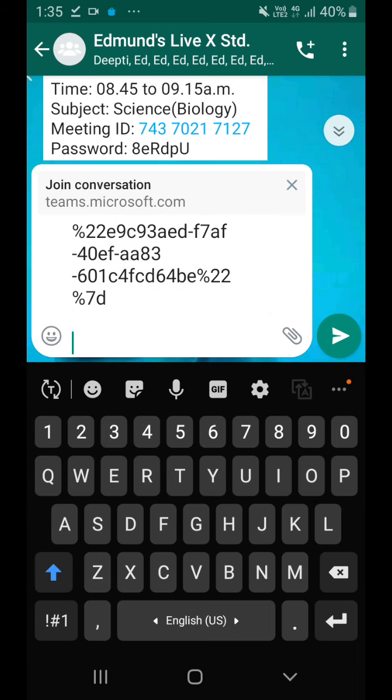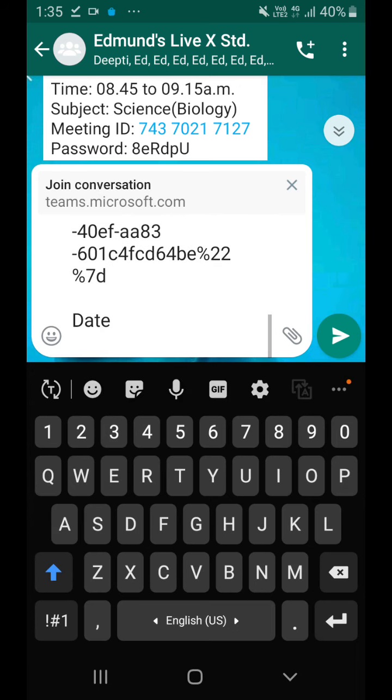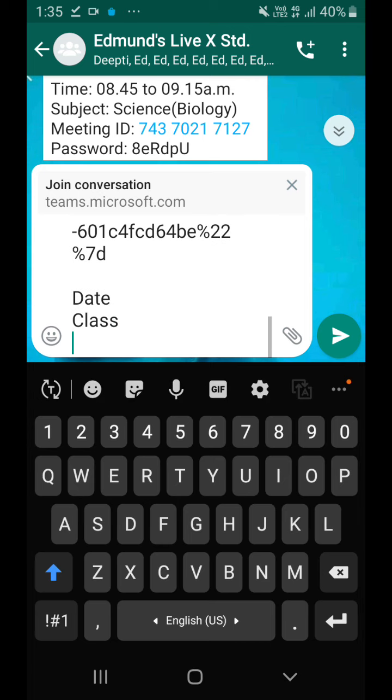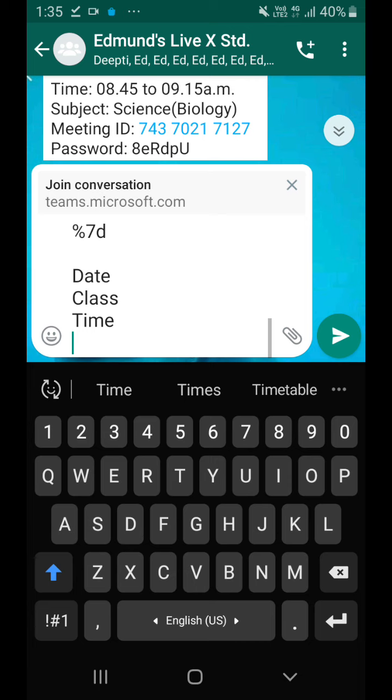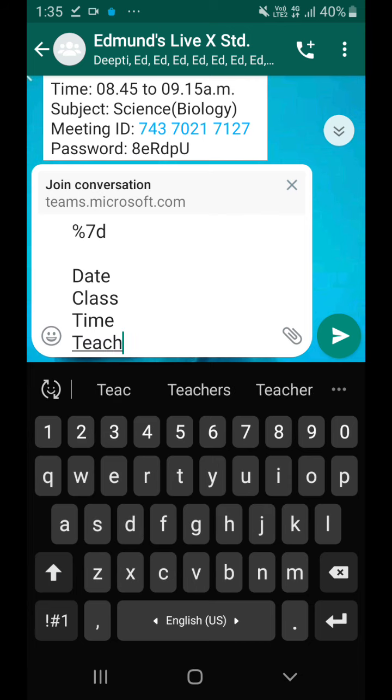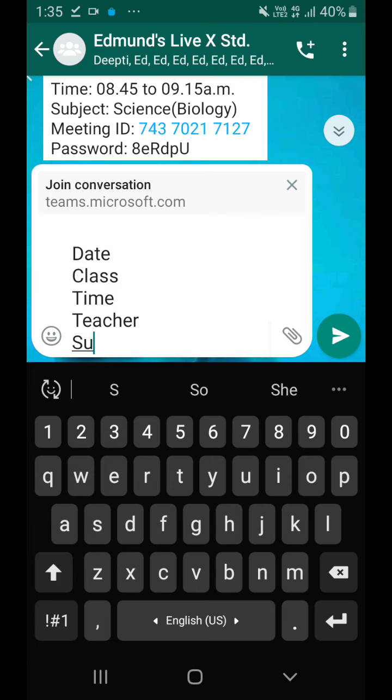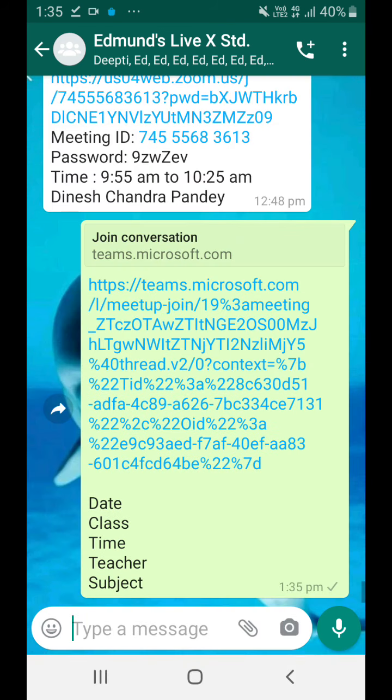You can write here the date, class, and time for the class, and the details, who is the teacher, even the subject also you can write here, and just post it. So it's now easy for the students: this is the link and this is the date, class, time, teacher, and subject. So he or she can join it easily. So please try it. Thank you.